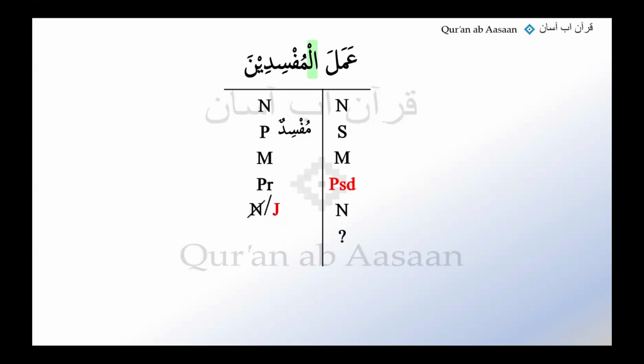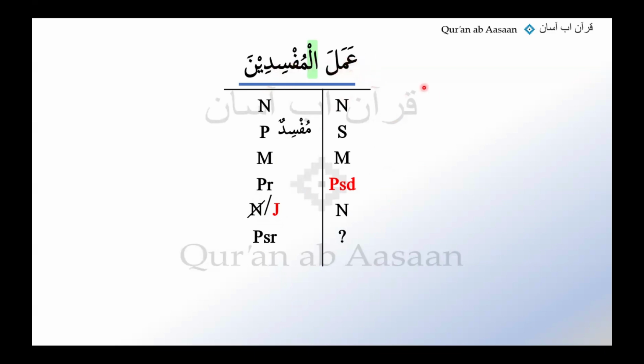Because it has to be in jar to be the possessor of this noun, when I'm looking back to see the reason here and to determine what's the actual case sign here. It appears the same in nasb and jar, but in this situation, because there is a possessed noun sitting behind it, it would be jar here and it is the possessor. And now I can underline it blue and the translation would be, let's just do the literal.